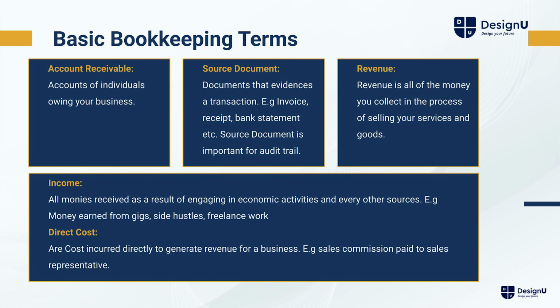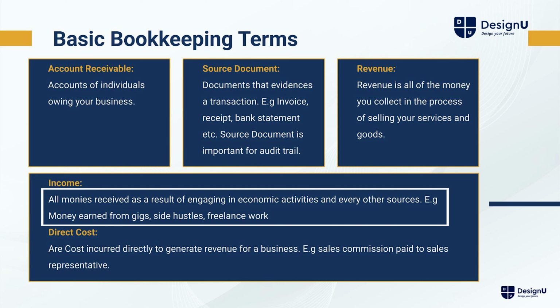What then is income? Very, very simple but related. So income is simply all the money you receive as a result of engaging in your economic activities and every other sources as well. You receive from your business and every other sources after you have taken out the expenses incurred. That is your income. So imagine the money you earn from gigs, side gigs, after you have taken out all